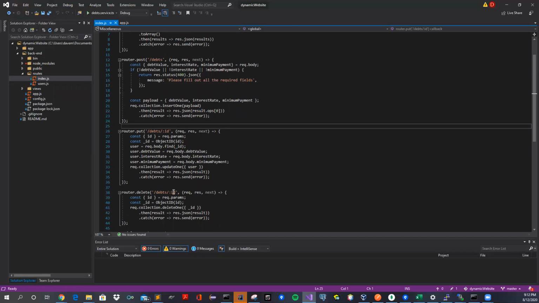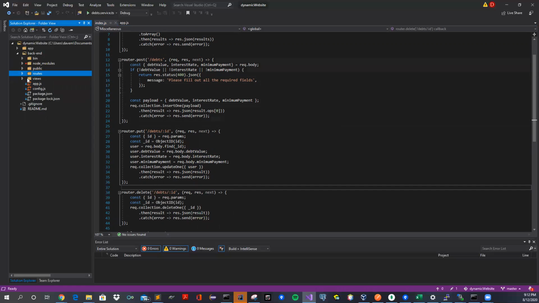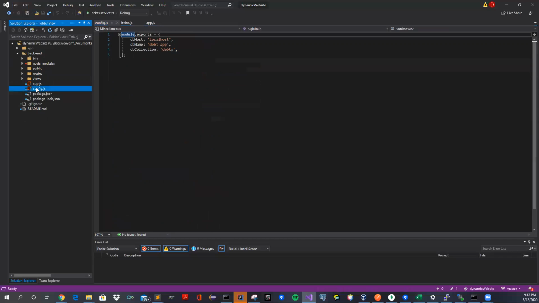I have the delete and put as well. And when deleting, I'm catching that specific request using an ID. When it comes to my configuration, my database name is debt app and the collection is debts. Okay. To show my backend working,